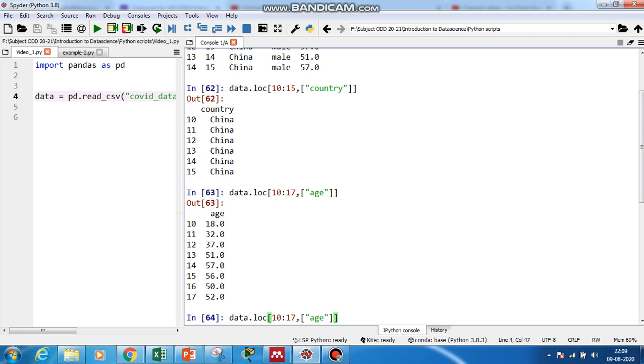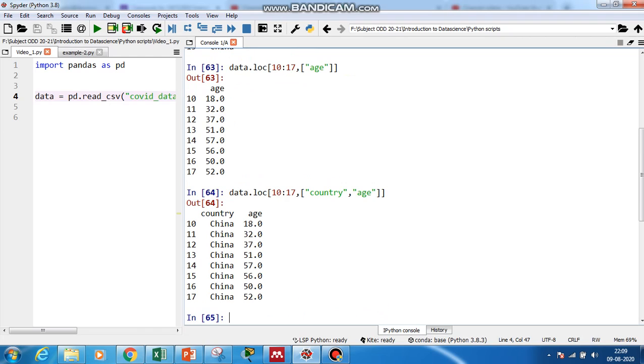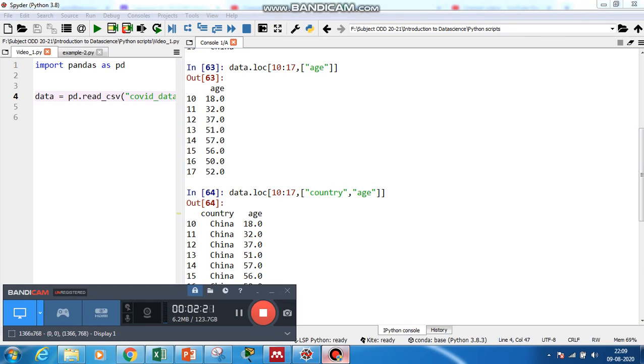And suppose I want to fetch two columns, I can give country, comma, age. So here you see that country as well as age column is fetched from the 10th row to the 17th row.